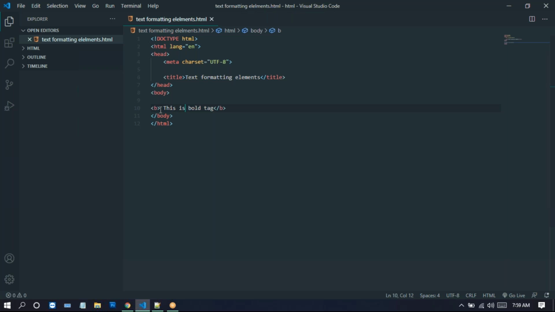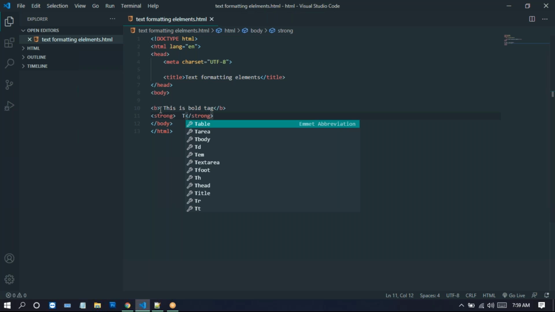Beside it, I'm taking the strong tag. So this is a strong tag. If you run this on the browser,